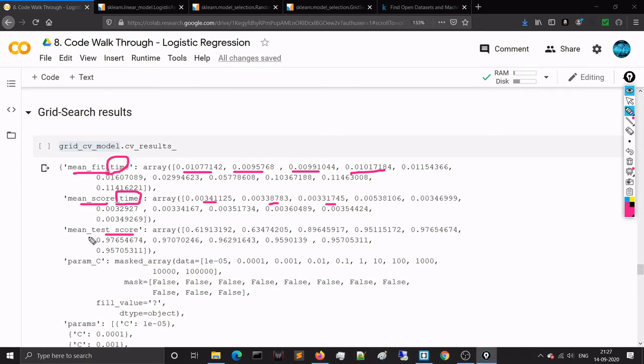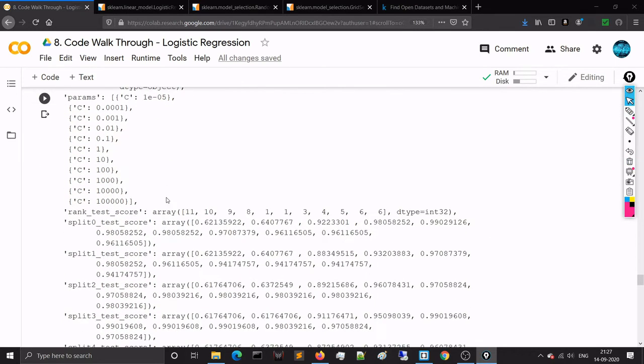This is the average test score, that means cross validation score. So this is 61% for some lambda, 63% for some lambda, 89% for some lambda, 95% for some lambda, 97% for some lambda. Anyway, this cv_results_ attribute gives you a dictionary of all the attributes. You can go through it and you will understand. That's very easy to understand.